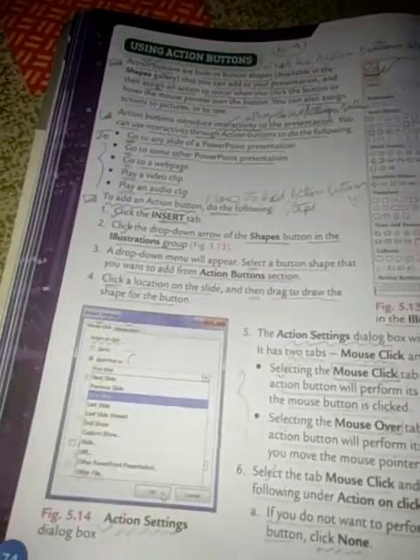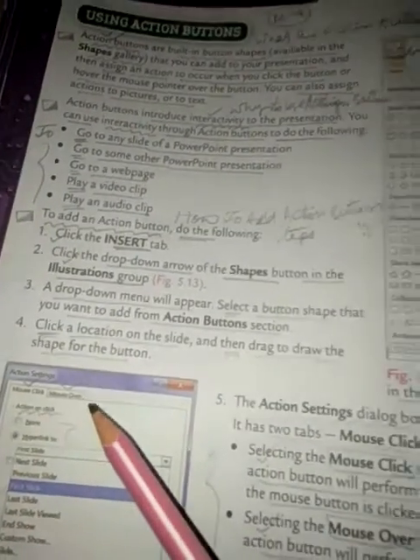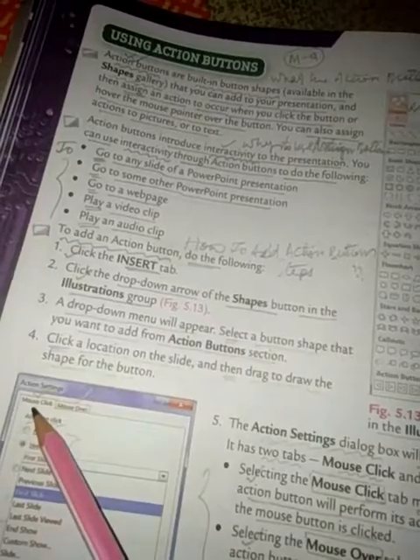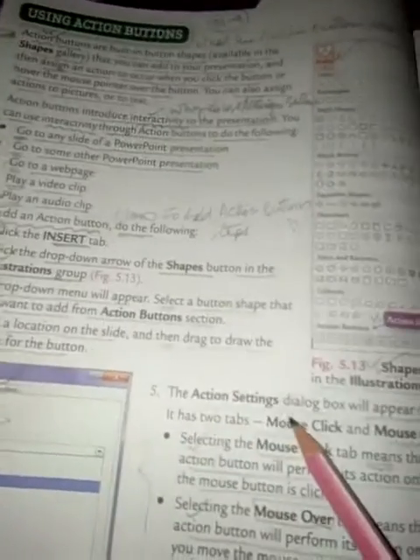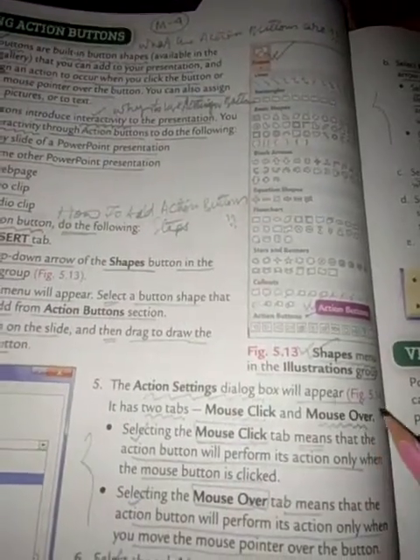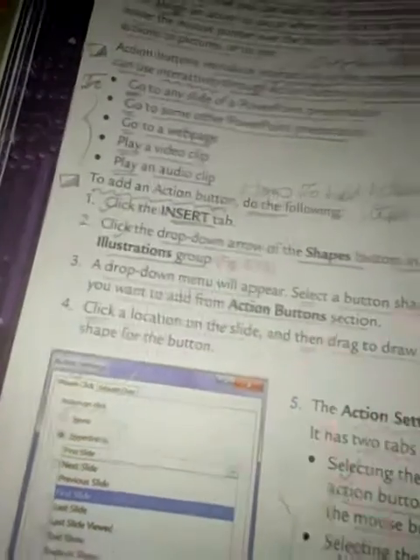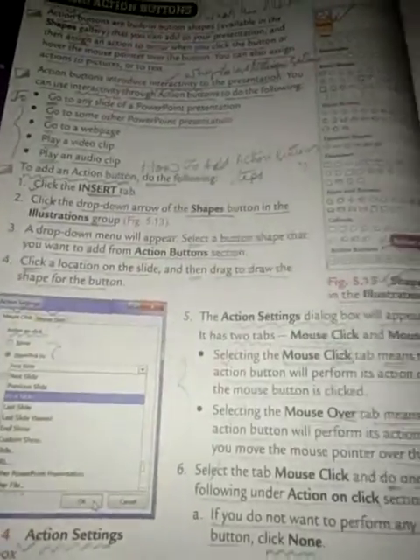Now in this action setting dialog box, we will have two distinct tabs known as the mouse click and the mouse over tab. This one is the mouse click and this one is the mouse over tab.